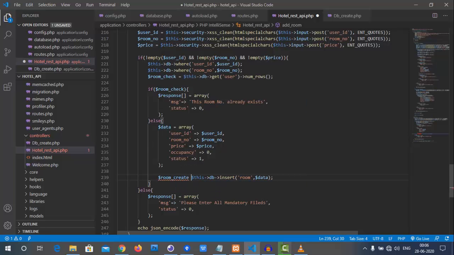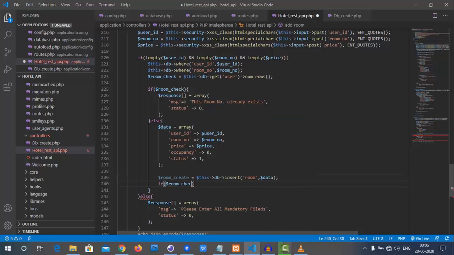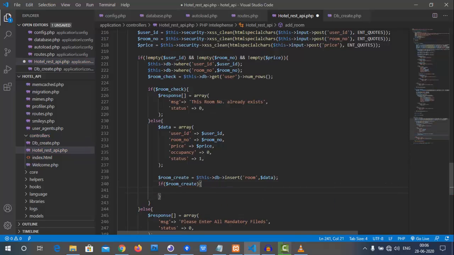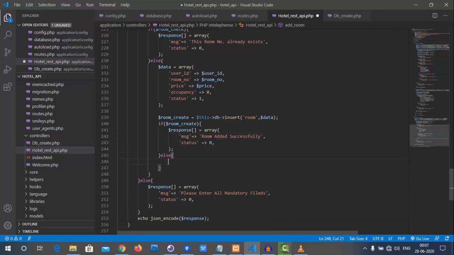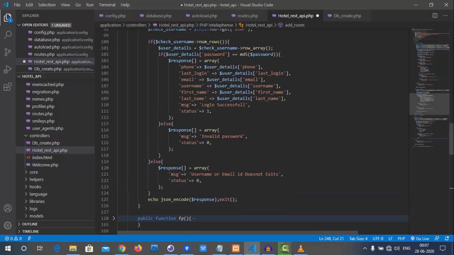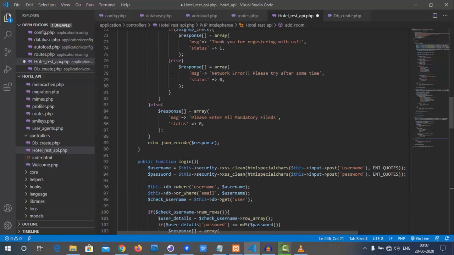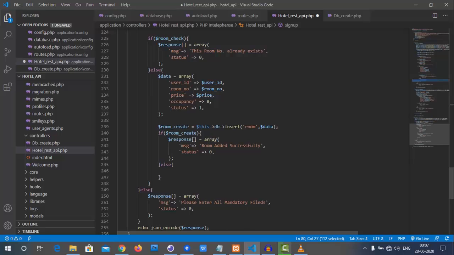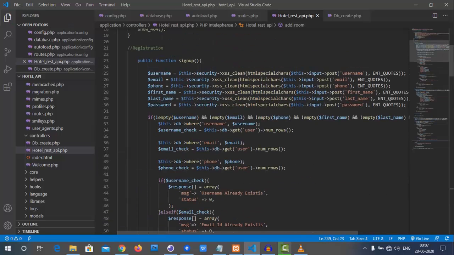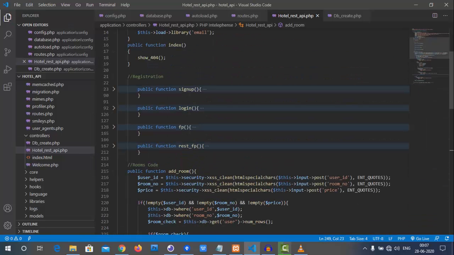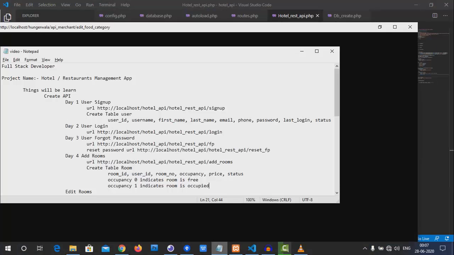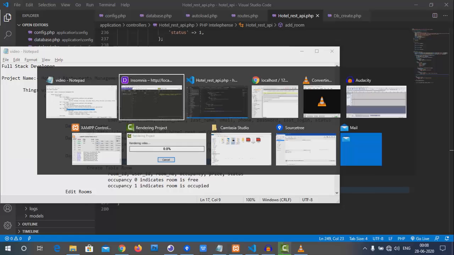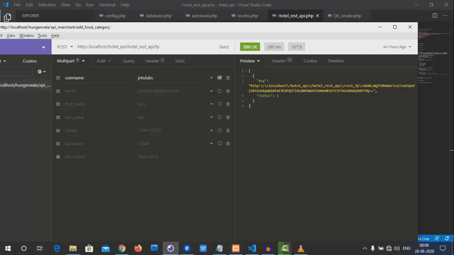If status is equal to 0 and status number of rows will always get username exists here, and status is equal to 1. This status needs a little bit more. So what I will do right now, we will not check this status, we will discuss it later when I feel that it's required. This is the data, $db insert in room. What I need is data dollar, if it is created, then tell the response added.